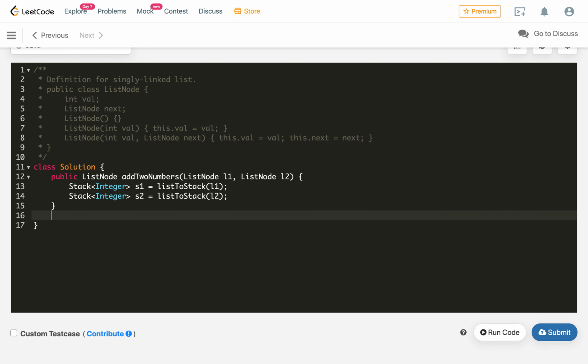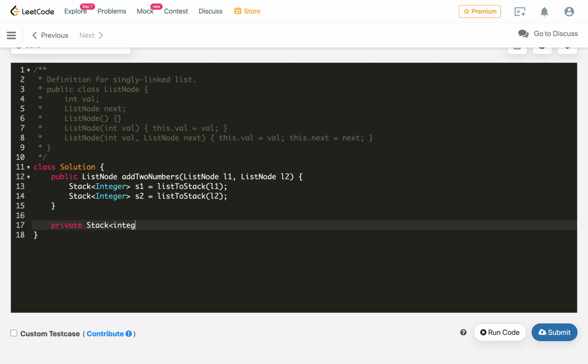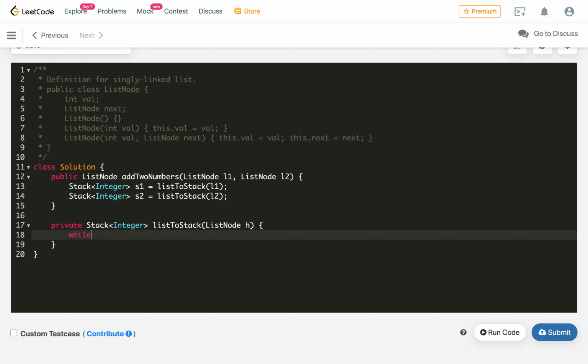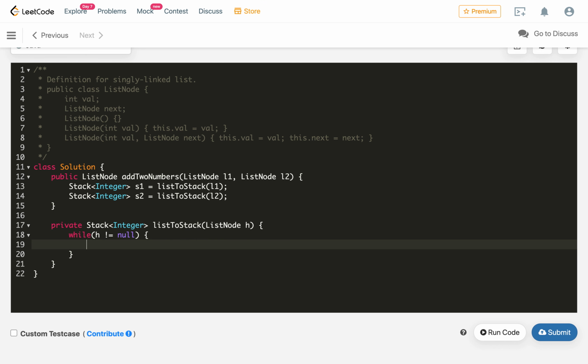Once we get that, let's first write the helper method definition that will return a stack of integer, and listToStack will get the list node, the head pointer of the list, let's call it h. Now we will run this until h is not null, the head pointer is not null, and we will keep adding h in our stack.